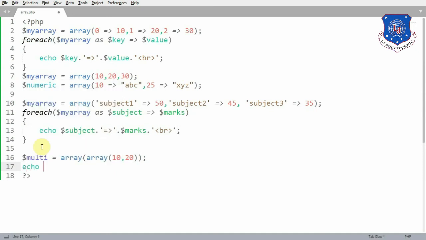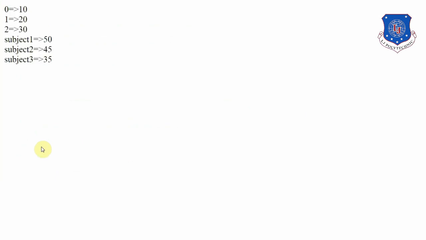Suppose I want to access the value 10, I'll write the index of the outer array which is 0, and then the index of the inner array which is also 0, because 10 is the first element of the inner array, so the key of this element will be 0. So in that case we will get 10.